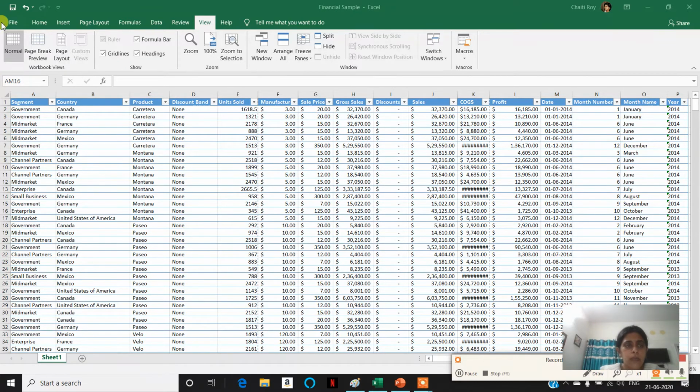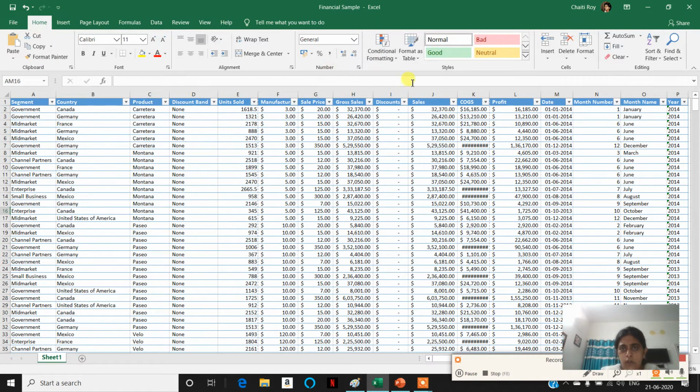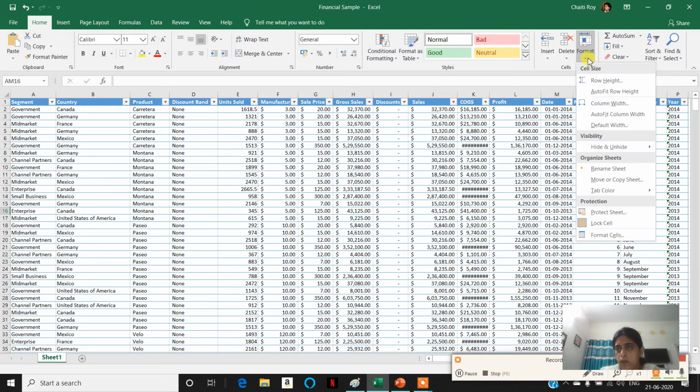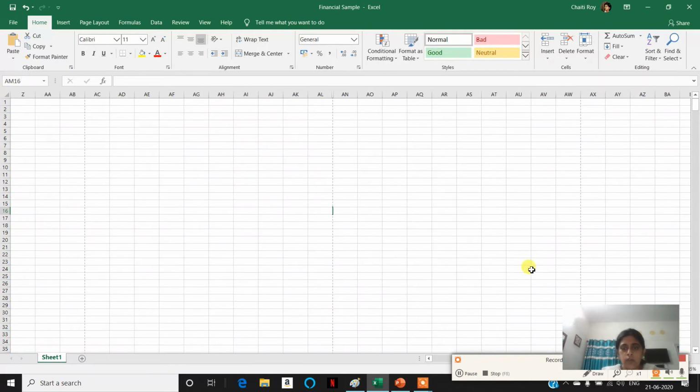Now, I'll show you how to hide. Suppose this is the D column. I want to hide it. Now it is displayed. So I go to the Home tab. In the Cells group, there is a Format option here. In the Visibility section, there is Hide and Unhide. I hide the column. So what happens, if you see, children?